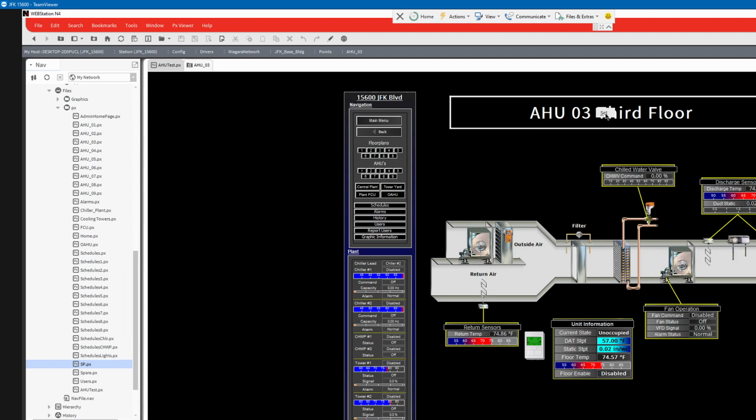But what we like to do is make these panes right here, the label panes, to where we can change the name to whatever we want. This comes in really handy with VAV boxes and fan powered boxes, terminal units, however they're named. And so let's say, for instance, this was box VAV 7-13,